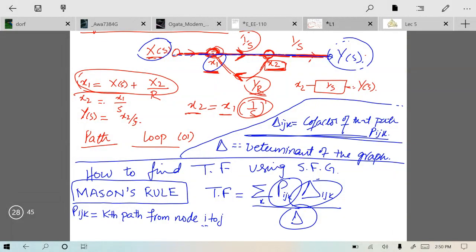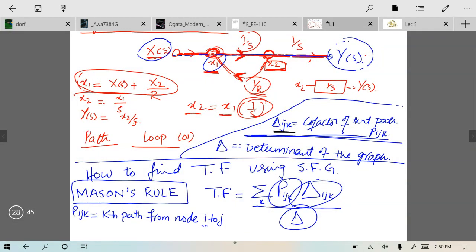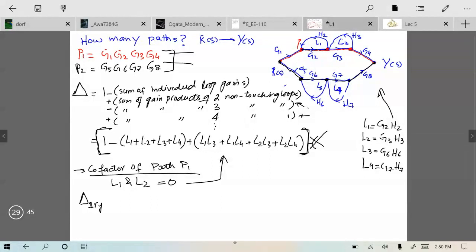This is del ijk. i was the path number, j was the initial starting node, and k was the destination node. So here i is 1, r is the source, and y is the destination, and it is equal to 1 minus,